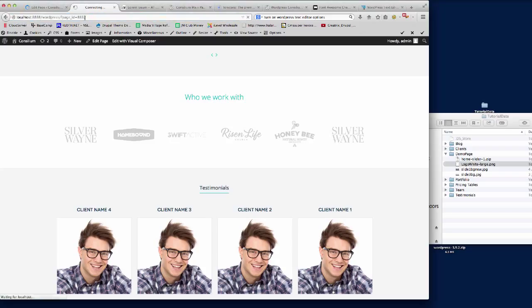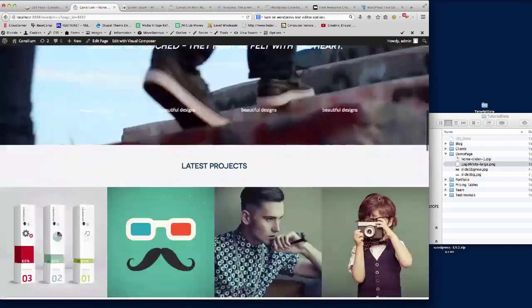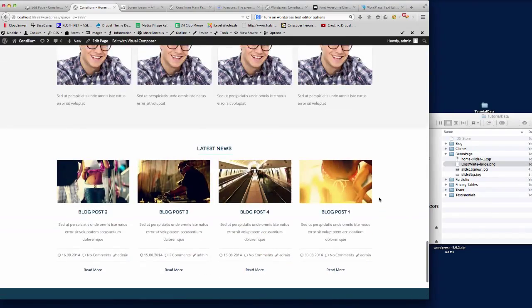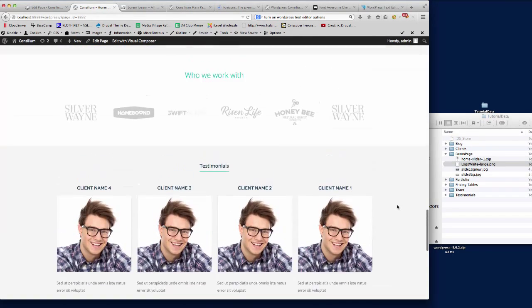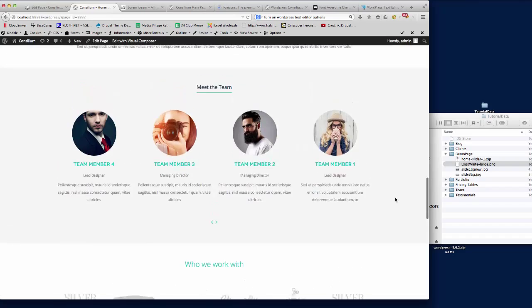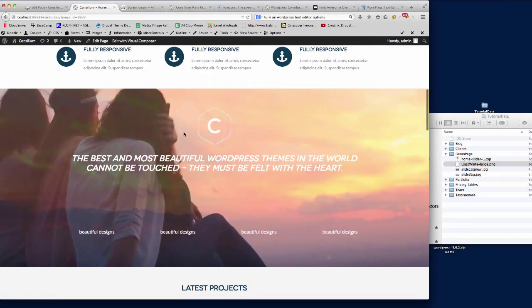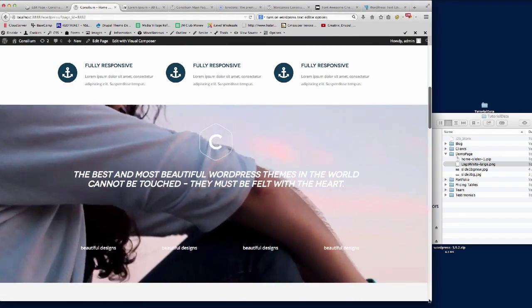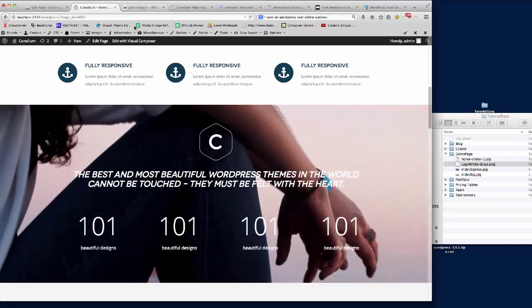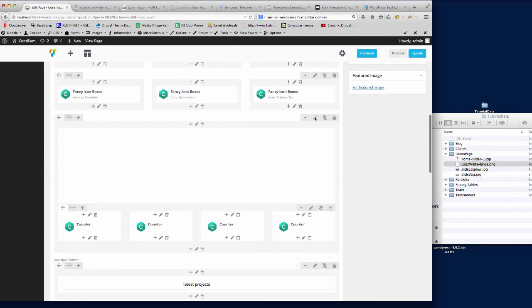So then go and refresh the page. And then you see down here we've got the blog post. So you can see now the page really has taken us around 30-40 minutes to set a page up once you've got the content on there. One thing I'll just show you here on the parallax on the row for this is we'll actually add an overlay to that there. So if we go here,